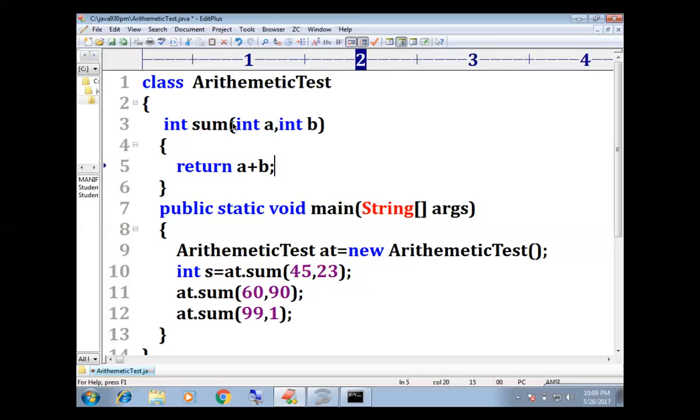Whatever numbers you are giving as input, it is performing the addition for the two numbers, and it is returning that value to you. If you send two parameters, it is performing the sum operation and returning that value to you. So now, when you call this particular method,